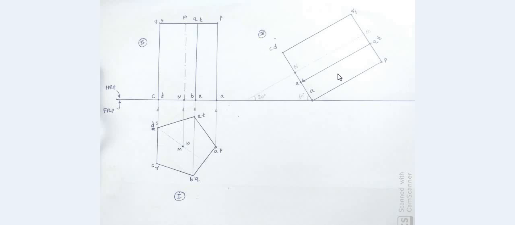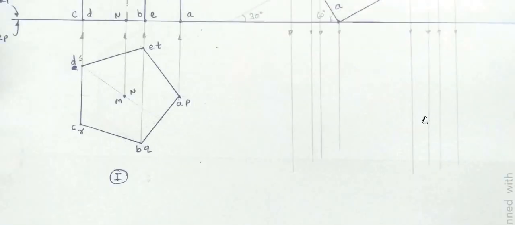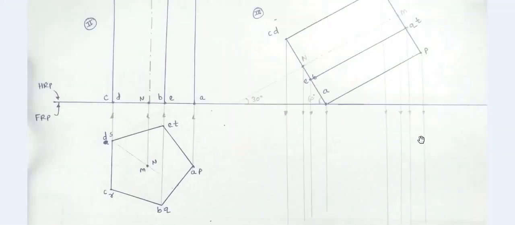Our fourth usual step would be to draw this changed top view. As we have made changes in the front view, there would be changes in the top view. And we know how to obtain this changed top view. We take projections from the changed front view and corresponding projections from the previous top view. So in the next step, we will be drawing projectors from all these points.